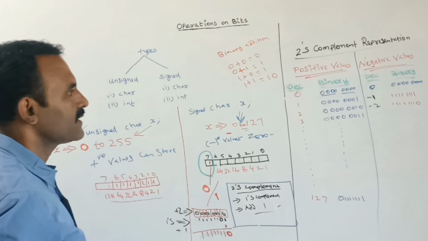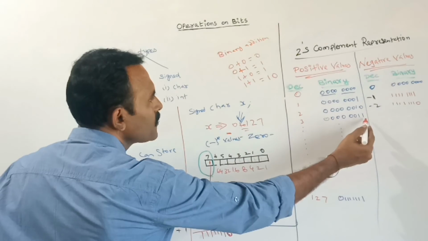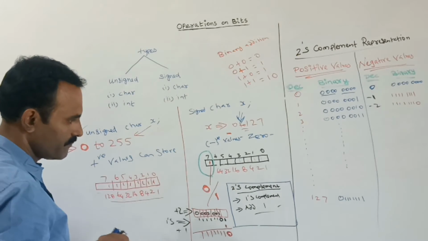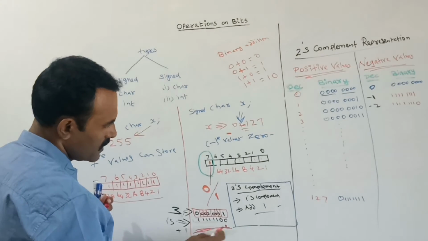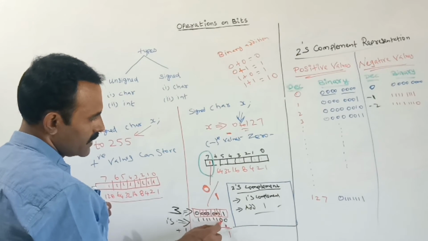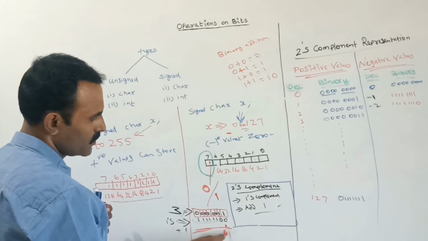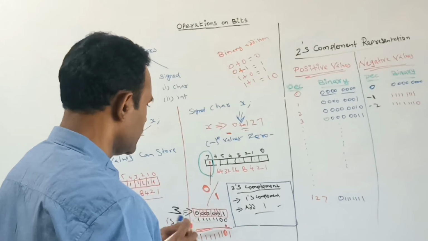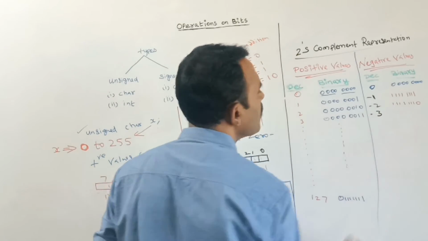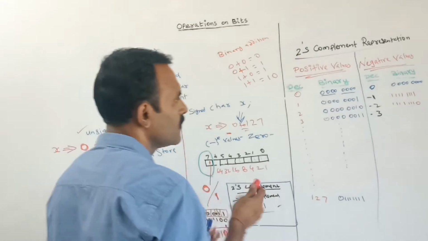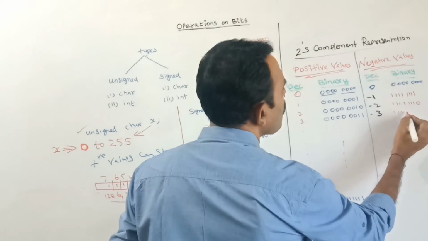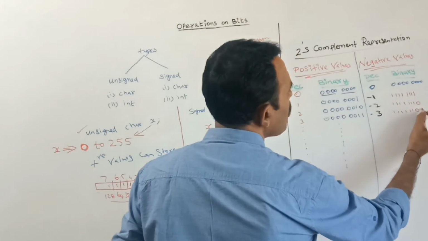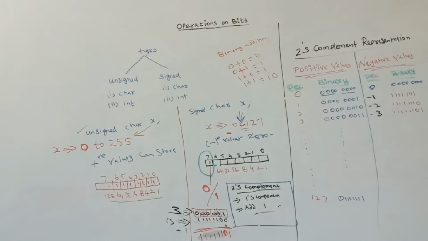Remaining every bit value. Now let us say about this positive value 3. The 0th position and first position value is 1. Remaining every bit value is 0. So here 0 plus 1 is 1. Next here 0, every bit value is 1. So for the minus 3, here zero and 1. In similar way we can take up.